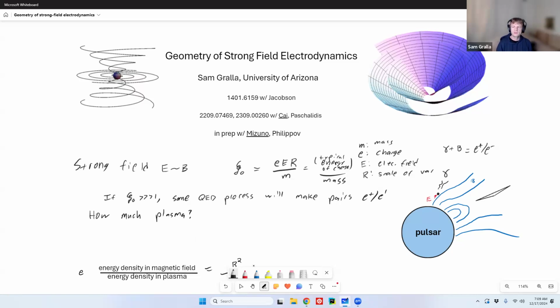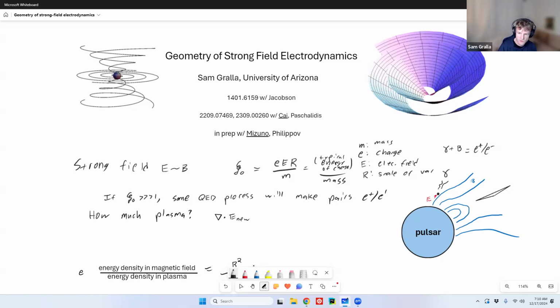So how's this going to work? Well, basically, it's the component of the electric field along the magnetic field that's accelerating the charged particles. If you're a relativistic plasma physicist, this is very natural to you. If you're a relativist, one way to think about it is the Lorentz invariant is E dot B. And so if E dot B is 0, you could boost into a frame where there's no E and no acceleration. So it's E dot B that accelerates plasma, the parallel component of electric field. So basically, you're going to make charges until the new electric field cancels, to order of magnitude, the old one. So the way to think about that is the divergence